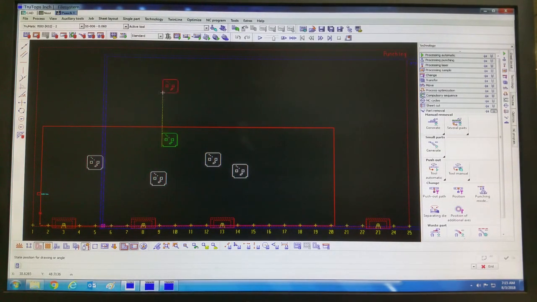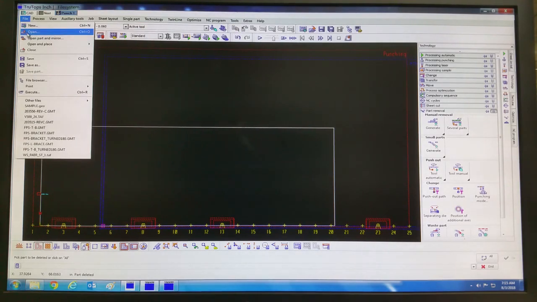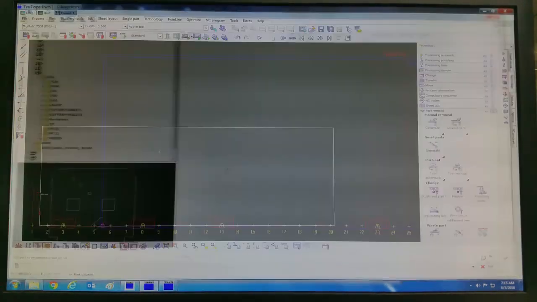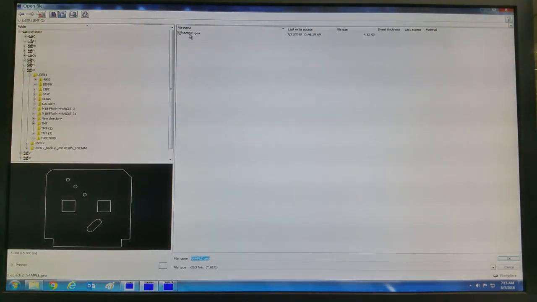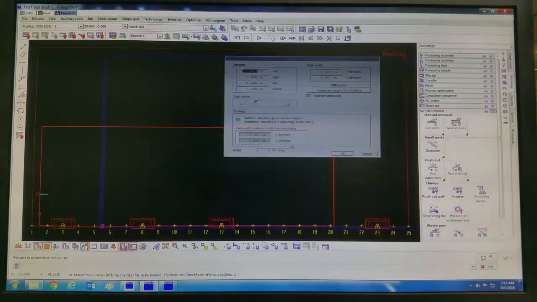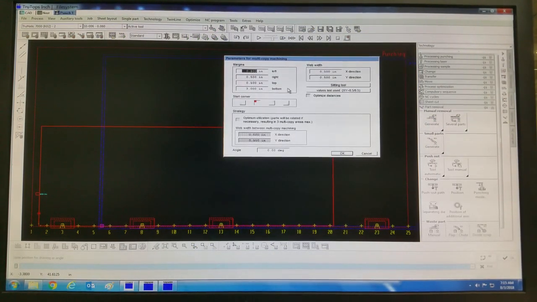so I can place it anywhere I want. If you don't like the place where you put it, you can just simply delete the part, or you can go Open and Place, Single, highlight the part, hit OK, and now in this pop-up window